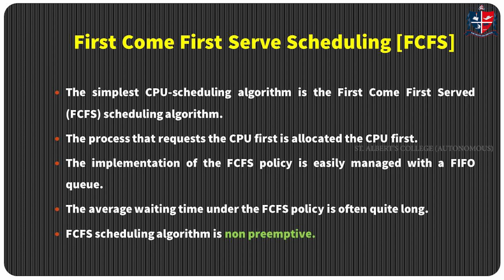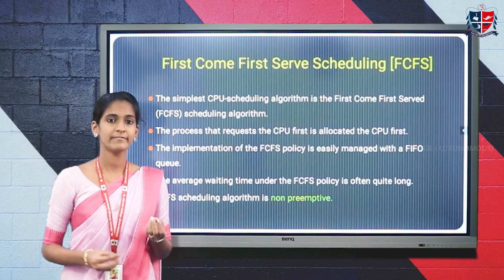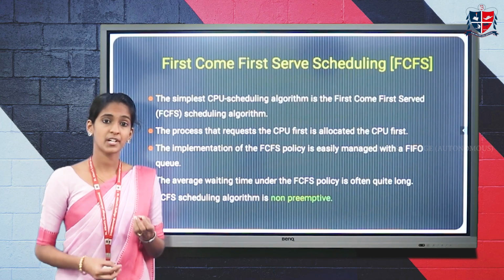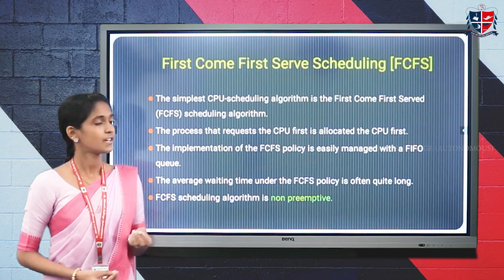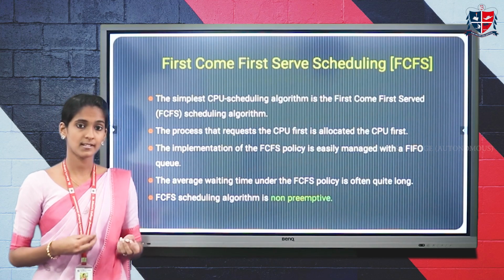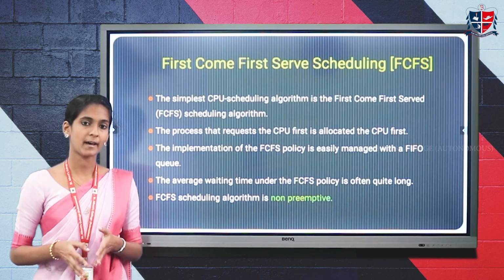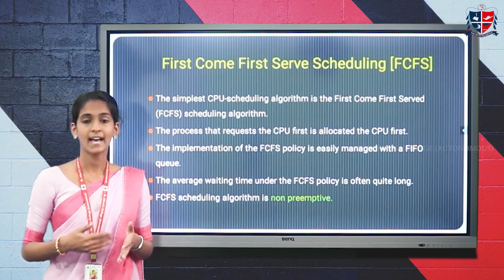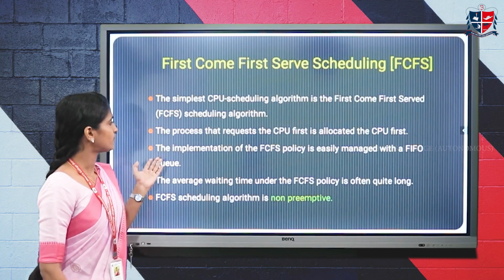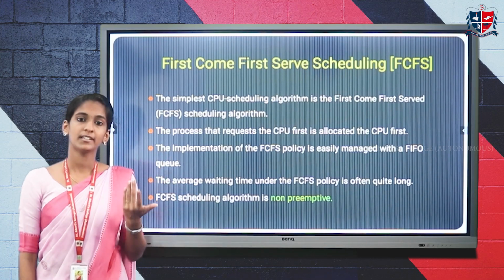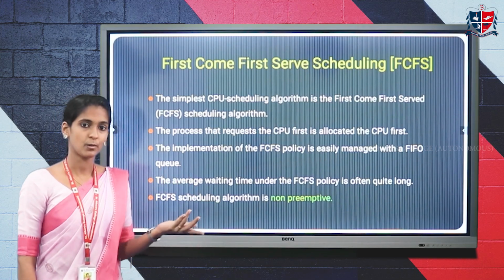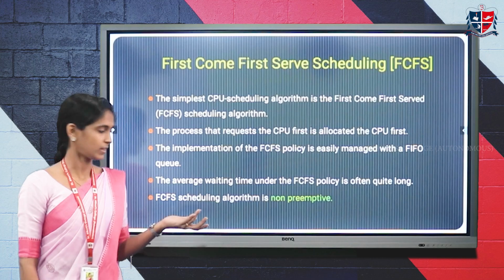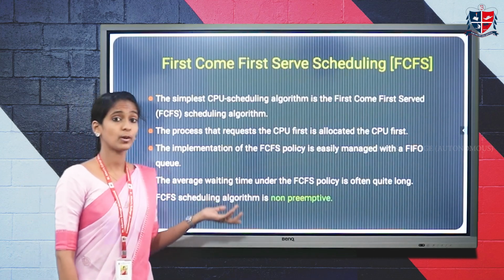By the name itself, it is clear what this algorithm is. FCFS means first come first serve. That means the process which requests the CPU first will get the CPU first. In the manner in which the processes request the CPU, in that same manner the CPU will be assigned to them. It can be implemented by using a FIFO queue, that is, first in first out queue. It is basically the simplest of the scheduling algorithms,